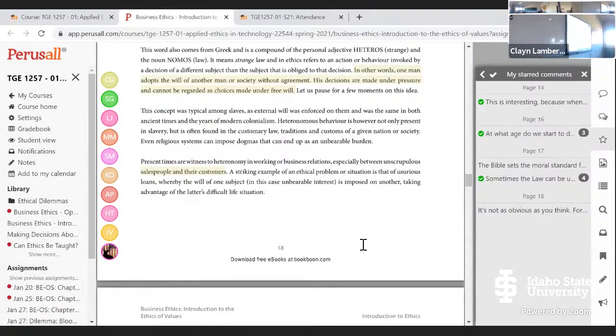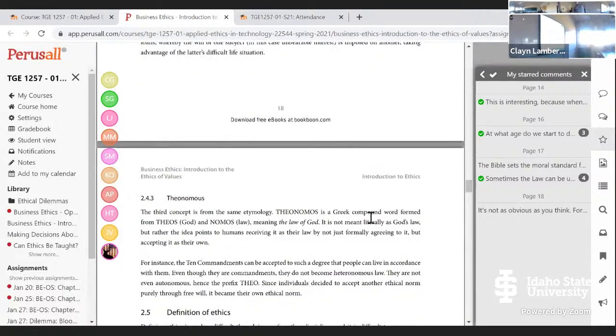Okay, so if multiple religious organizations and societies exist in the United States, what does that do to this concept of theonomic ethics? There is no one set. Well, each group feels like they have the set, but if they try to impose their set on everybody else, that becomes a real problem, because as soon as you try to tell me that this is what God told you, therefore I have to do it, but I believe that God told me something else,